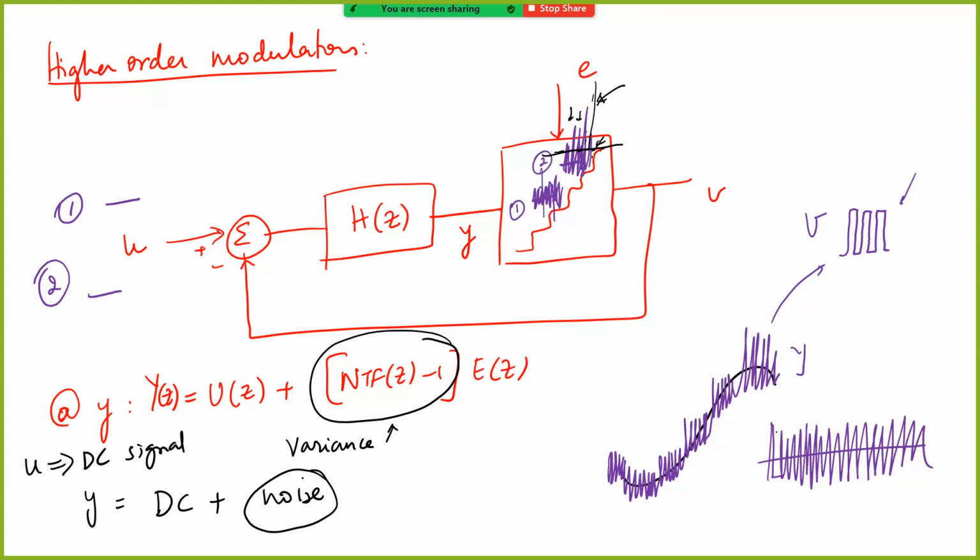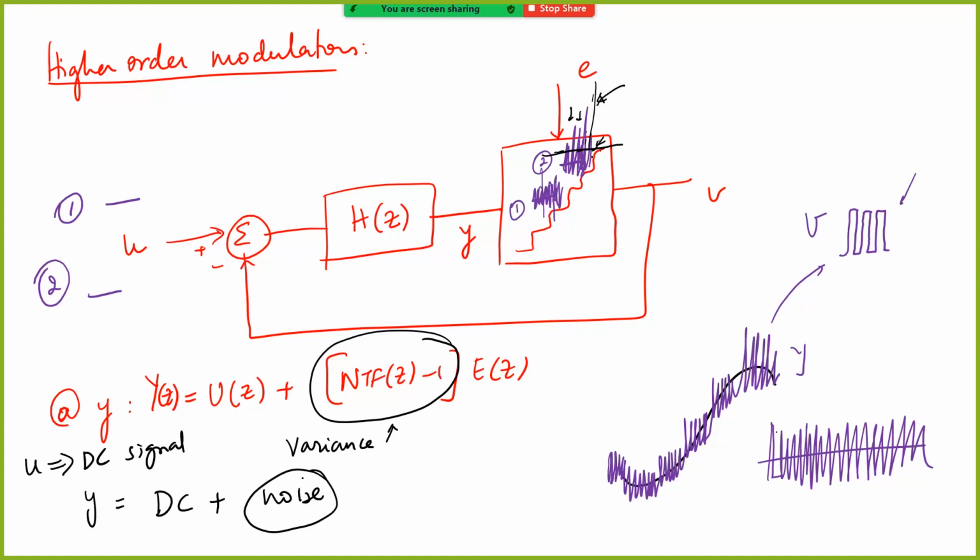So basically, there is some incorrect feedback happening, and obviously the loop will start either over correcting or under correcting, and it will start to struggle, and basically it goes into instability. This is the intuitive understanding behind instability for larger input signals, and this problem is more because we know that at higher order delta sigma modulators, the variance of the noise at the input of the quantizer is large. It literally grows exponentially as you increase the order, correct? Like how we saw in the last class.